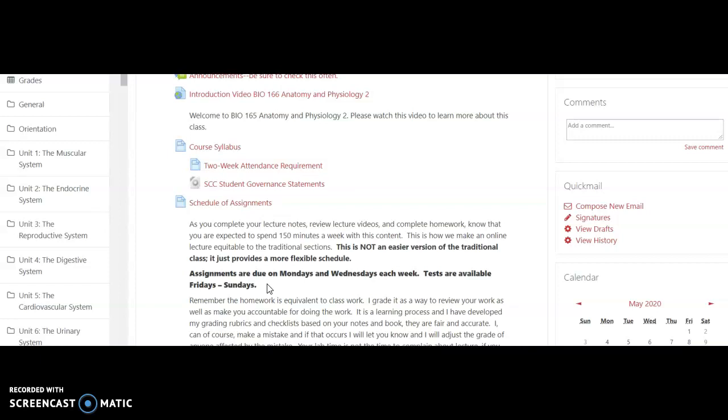At the beginning of every unit, I will send you an email and say, hey, this is just a reminder that this unit starts today and this is when the homeworks are due, this is when the tests will open and close. This unit, and all of these units are designed to be